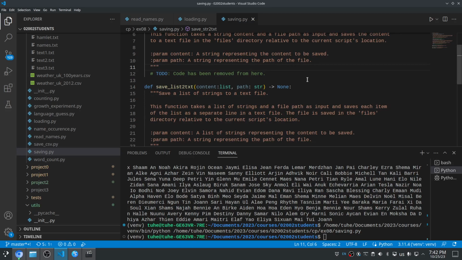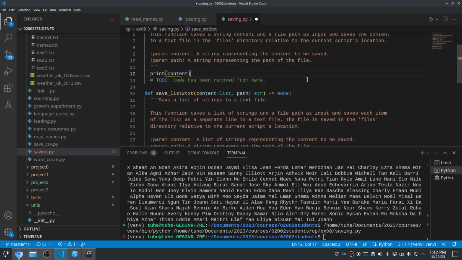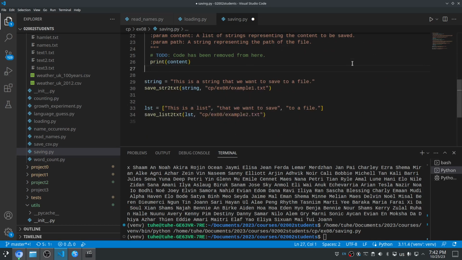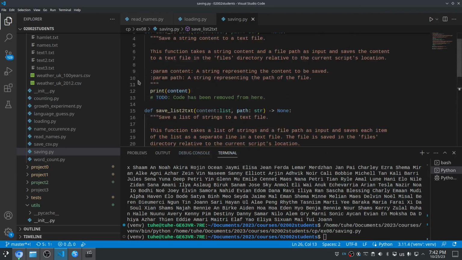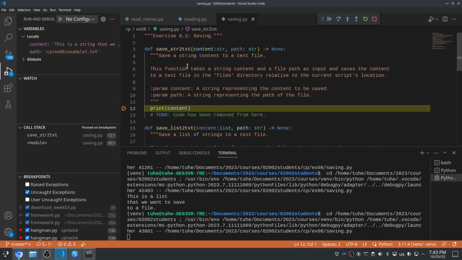Okay, so I'll just insert a breakpoint. Let's print out content, so I have something to put the breakpoint at. I'll just print out the path, and then I can put in a breakpoint here, and then we can start solving the exercise in the debugger. So I'll start the debugger, stops here at the breakpoint,